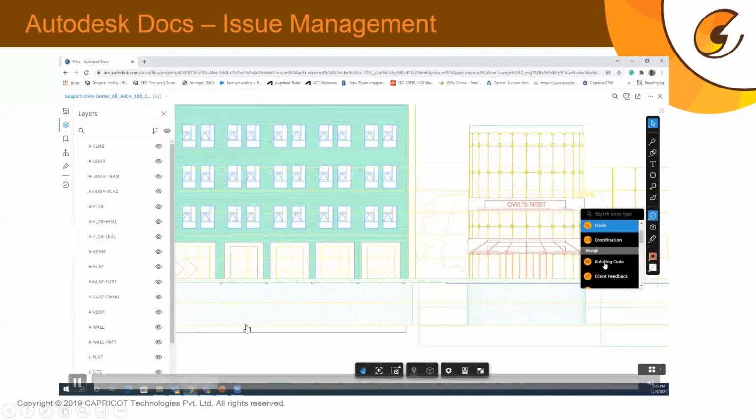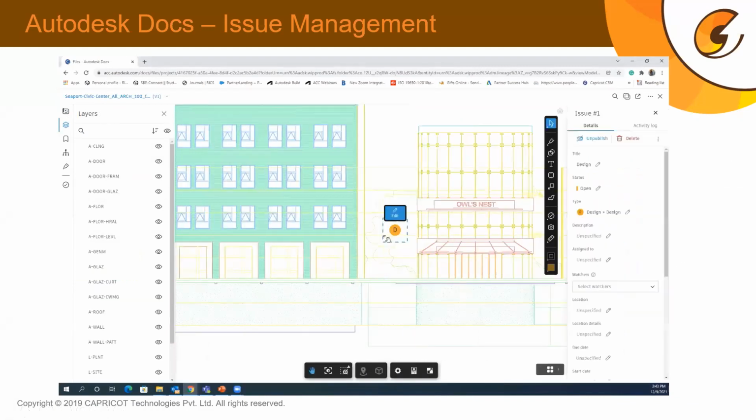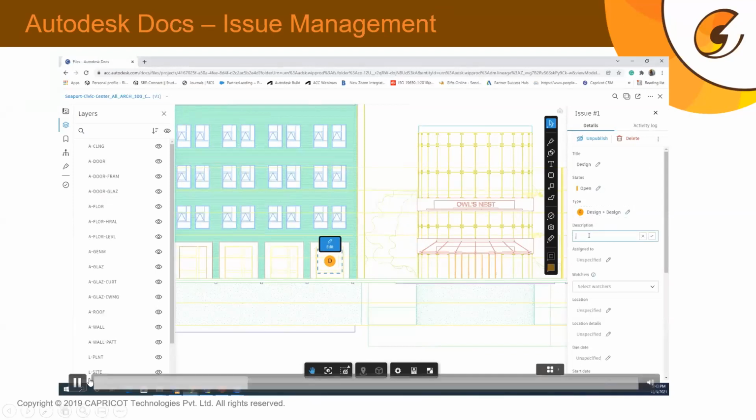It can be a design issue or a clash issue, so you specify the type of issue to sort your information in a better manner, because there can be different types of problems within the project at different stages of time. Then you can assign a person to that specific issue with a specific timeline in which you want a response, which we will see today in the live session.